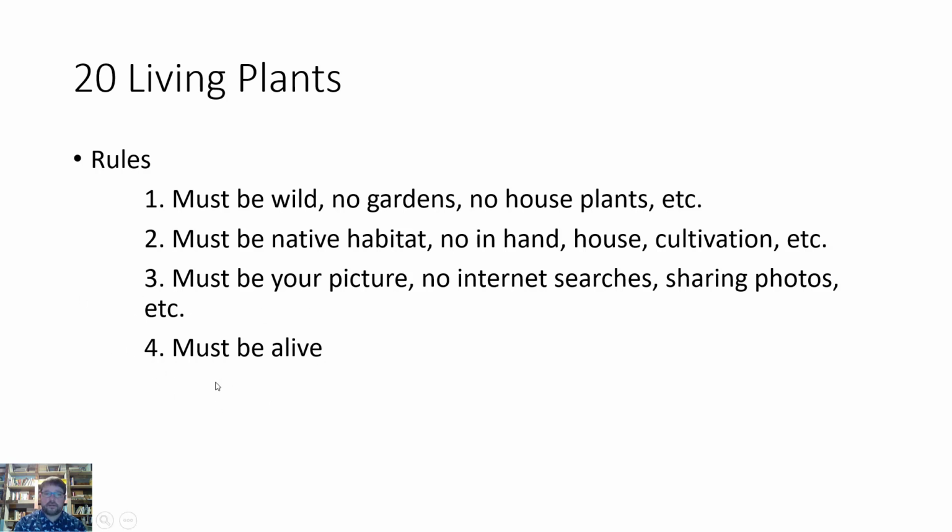Again, it must be alive. I don't want twig pictures. I don't want dead stems, dead twigs, anything like that. I realize that maybe winter is upon us and you might have snow on the ground, but that doesn't mean you can't take pictures of coniferous trees. Conifers don't lose their needles, except for a few, so you can tell that tree indeed is alive. So you can get quite a few